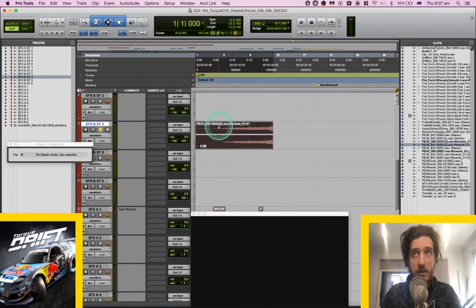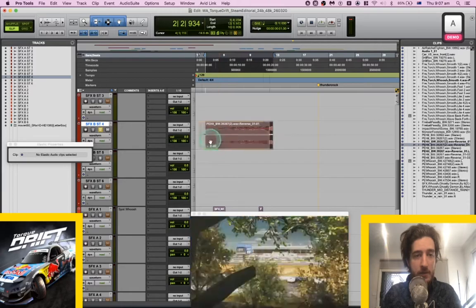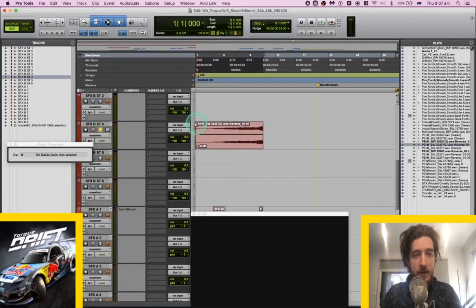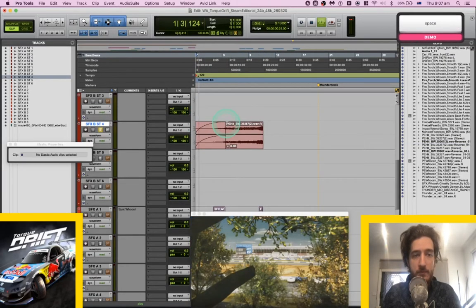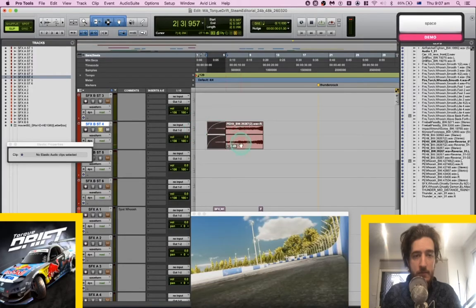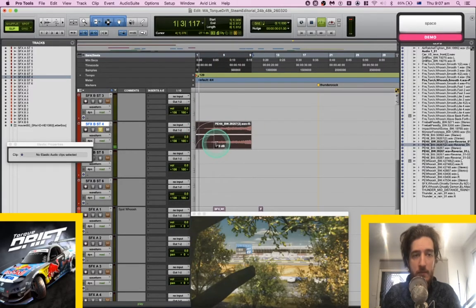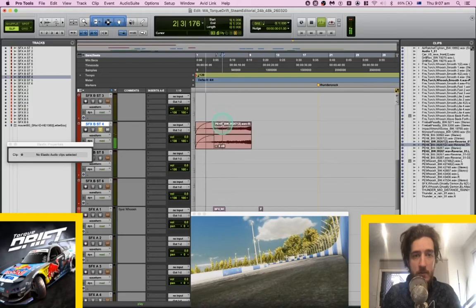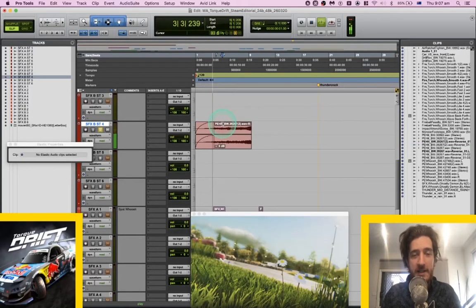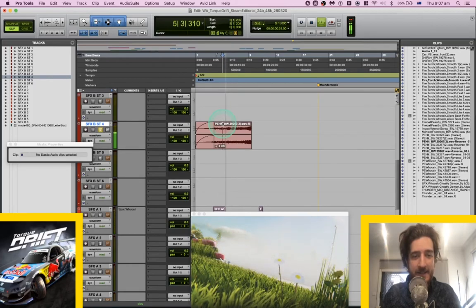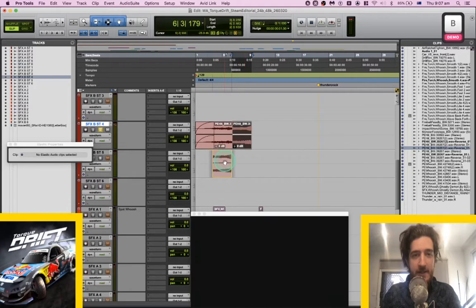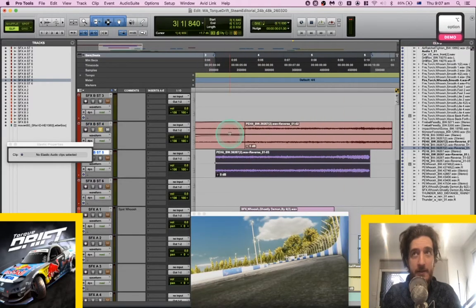Really should, yeah, I'll separate that other thing out at some point, but not right now. Ah, stereo. Yes. Now we just got to get these to fit.